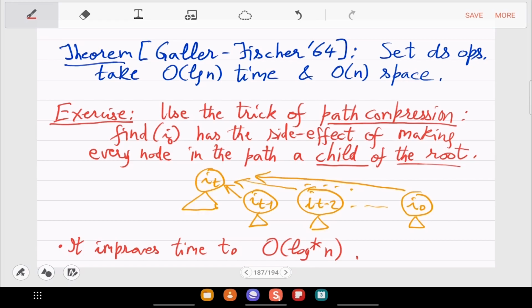In other words, it's a tower of 2s. So you are looking at 2 raised to 2 raised to 2 raised to so on. You want to write n like this. How long this tower, or how big this tower, should be so that you get n or close to n. That is log star n, so it's very, very small. So this data structure that you have seen is so easy to implement, and it's actually almost constant time. It's almost order 1 for all practical instances that you will ever see.